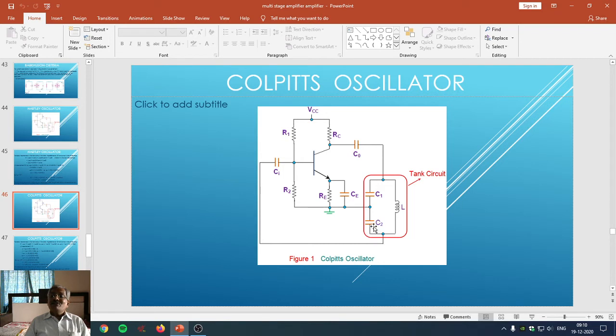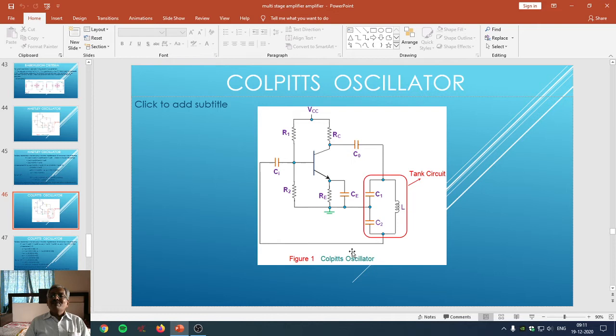During this charging, the lower terminal of capacitor C2 will be charged with positive polarity. Hence, the emitter base junction of the transistor will become forward biased, and again the transistor T1 will be turned on to amplify the input signal, allowing collector current to pass through it, and the same process is going to repeat continuously. Thus, the charging and discharging of the capacitors and the building and collapsing of the magnetic field will generate oscillations in the tank circuit with varying polarities.